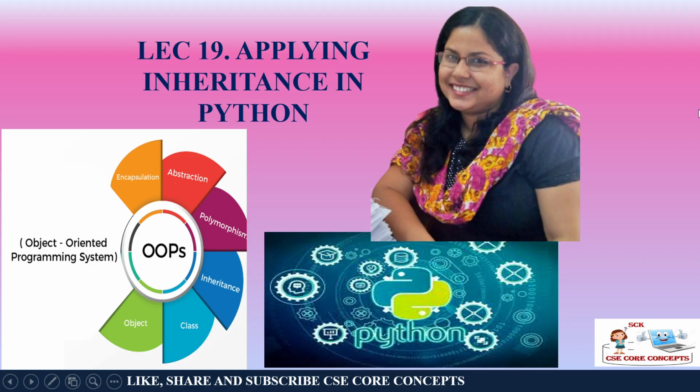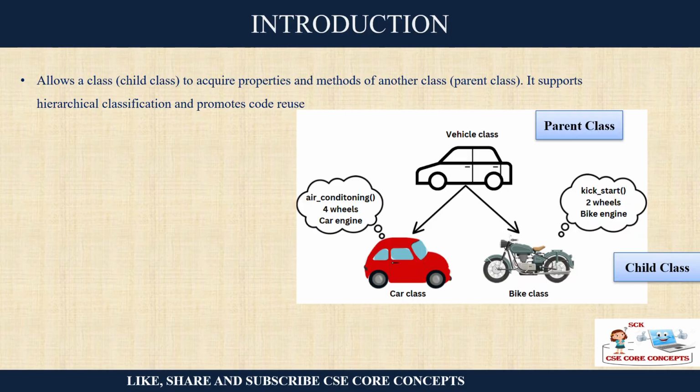As I told you, there are four pillars of object-oriented programming, namely inheritance, polymorphism, encapsulation, and data abstraction. We are going to cover each one of them in detail with practical examples, starting with inheritance in Python. So stay tuned till the end of the video. We are going to discuss some problems, we will execute those problems, I will demonstrate them, and there is a quiz for you for self-assessment.